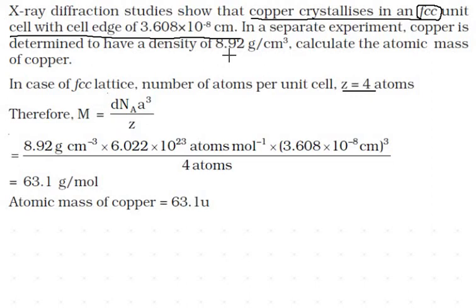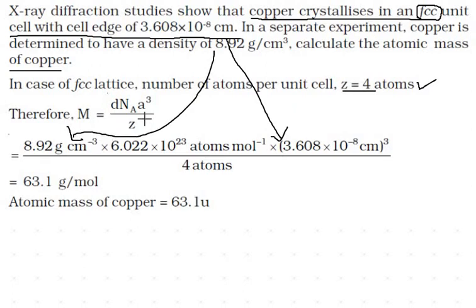So what is given to us? Density. Calculate the atomic mass of copper. We know the answer. The atomic mass of copper is 63. So the answer should come very close to 63. But we'll see this actually in practice how it came. Okay. So first of all, FCC unit cell, number of atoms becomes Z is equal to 4. This cell edge length came from here. And the density has come from here.